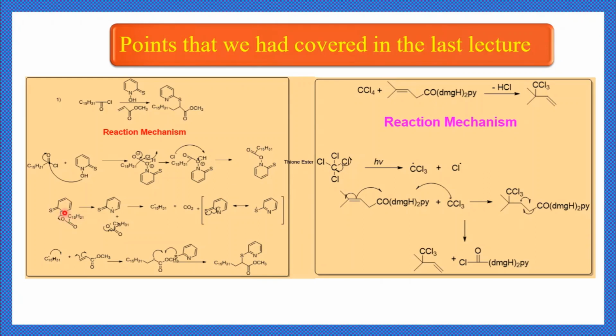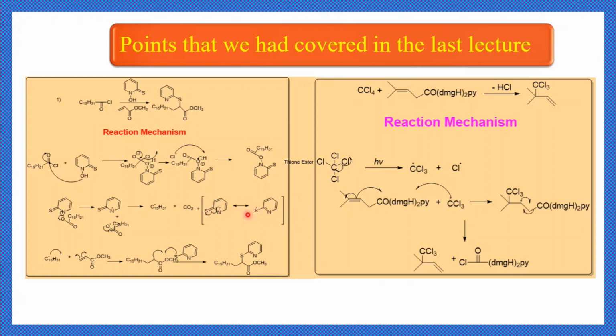Now in the next step, this thione ester undergoes homolysis. The homolysis of the nitrogen-oxygen bond takes place in presence of h nu. So it breaks homolytically, and you will get this nitrogen radical and oxygen radical. Then this oxygen radical delocalizes here. At the same time, the homolysis of the C bond takes place. It generates the C15H31 radical, and this O radical combines with this C radical and forms CO2. It's simply decarboxylation, formation of carbon dioxide. Then the nitrogen radical is stabilized by resonance.